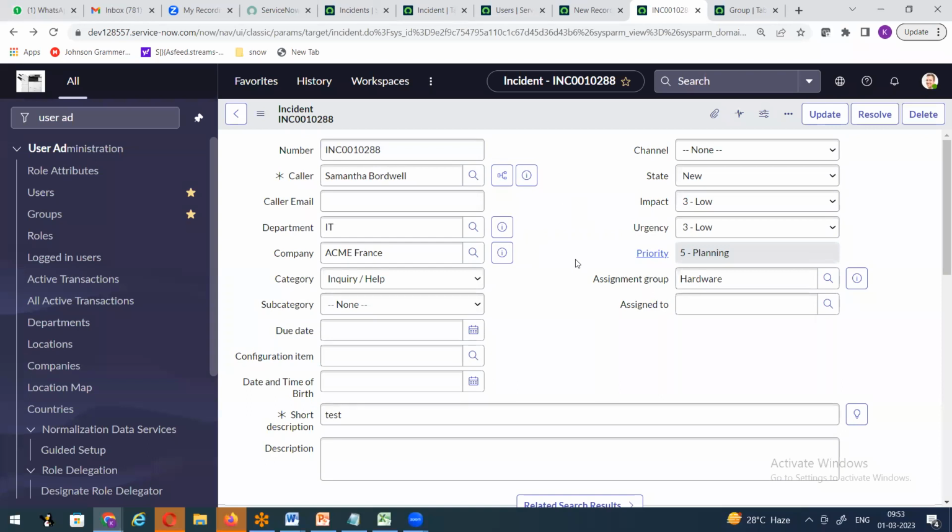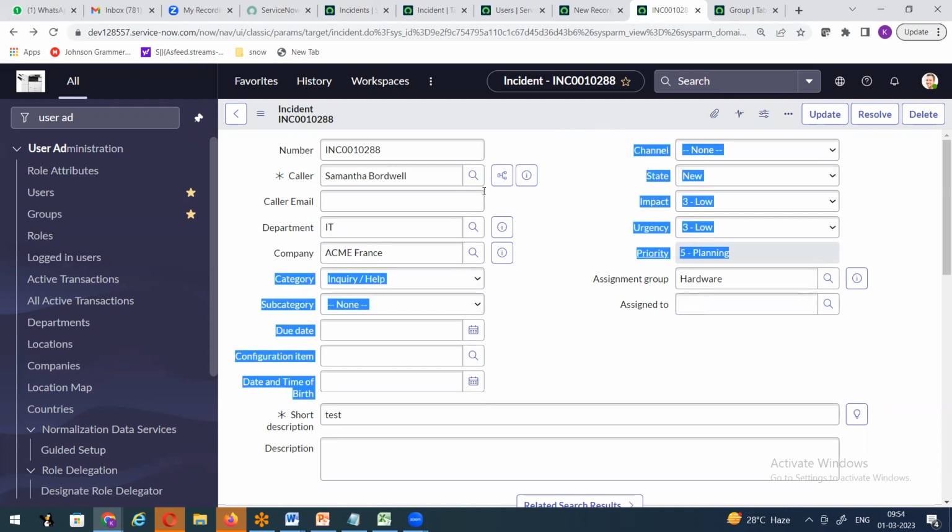So here in ServiceNow, they are providing n number of field types. Today we are going to discuss field types. Field types are nothing but, anywhere in the whole ServiceNow, not only on the incident form, but the user form, groups form, knowledge form, change form, any form, if you see this magnifying glass